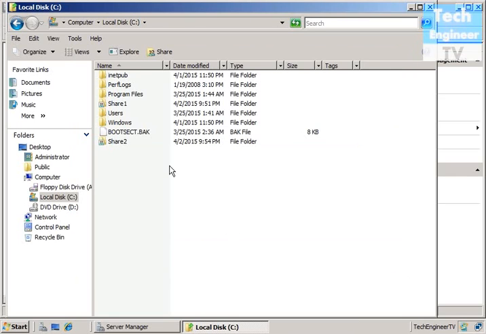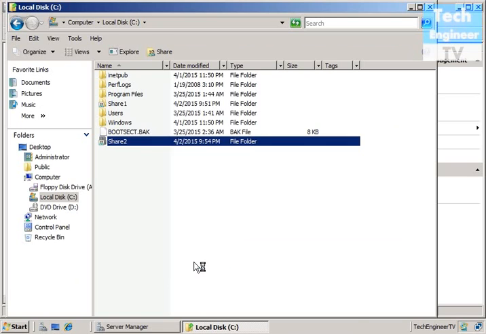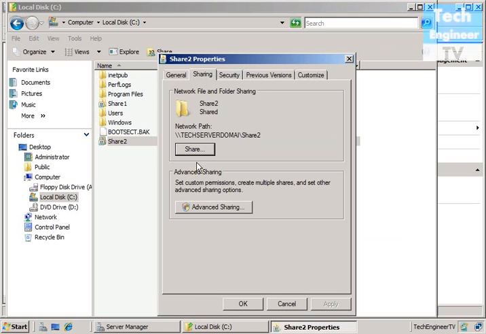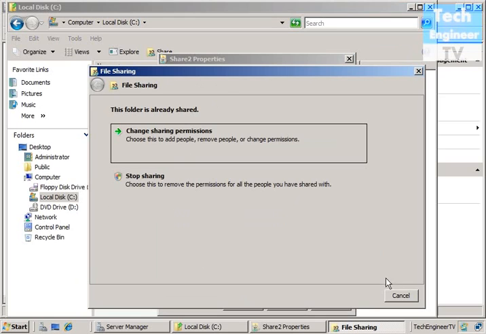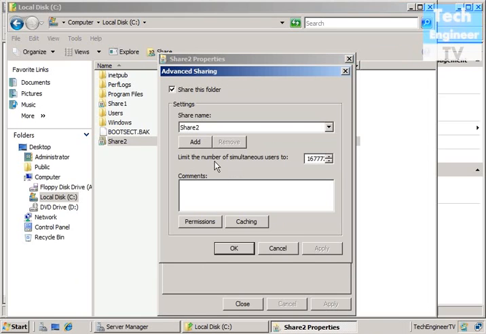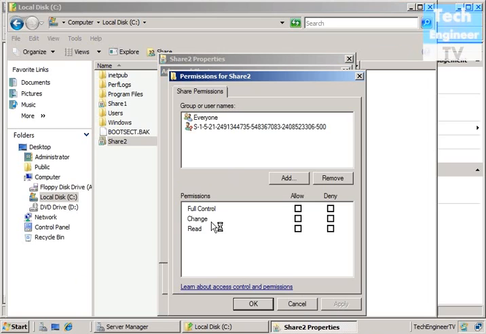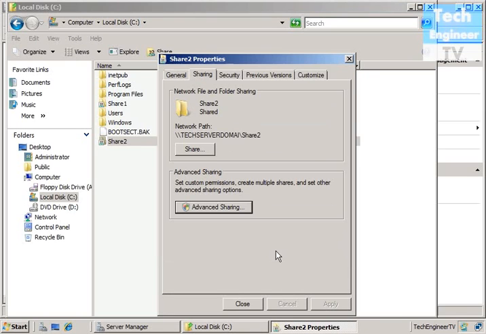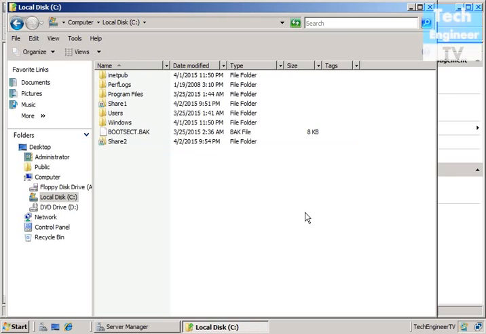So this is another conventional method to share: go to Properties, Sharing tab. You can share from here also. You can stop sharing, use Advanced Sharing, Permissions, and so on. It goes to Full Control, Change. So this is one of the conventional methods, and we will learn more about sharing folders and more about the file server. So that's it. Hope you learned things about it. And one thing is that if you share a folder,